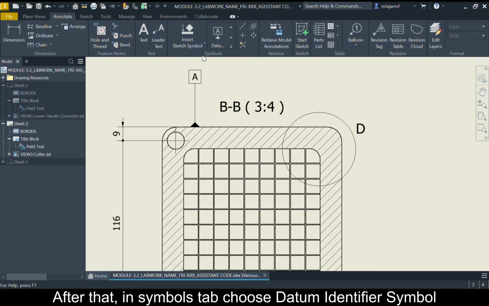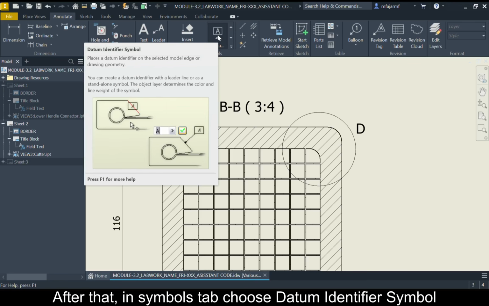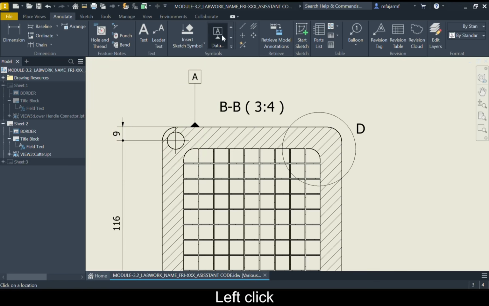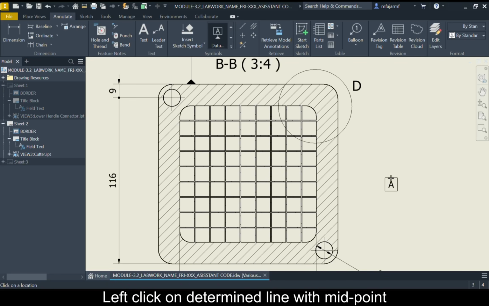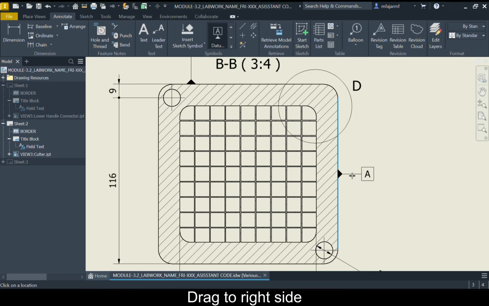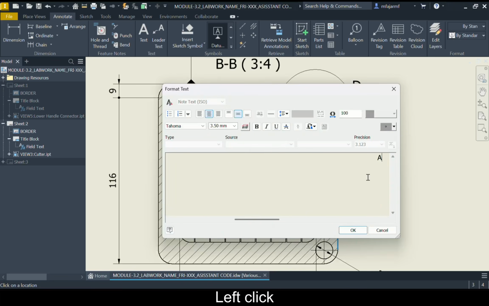After that, in Symbol tab, we choose Datum Identifier Symbol again. Left click. After that, left click on the determine line with midpoint in here. Drag to right side. Left click. Change the datum into B.